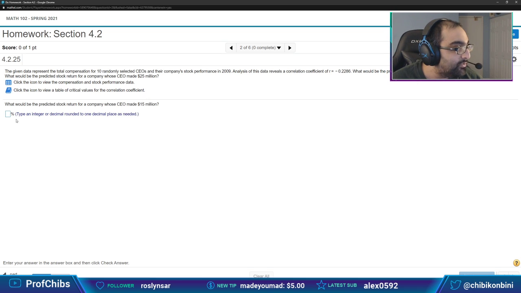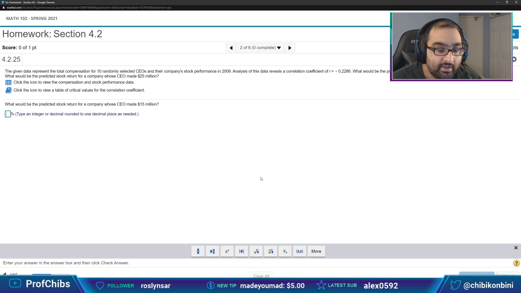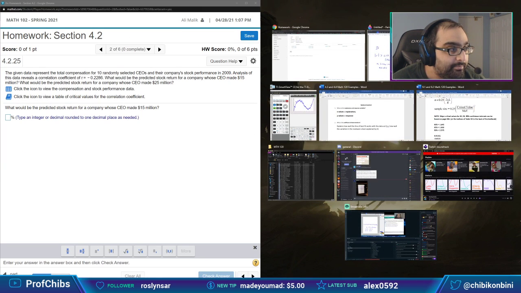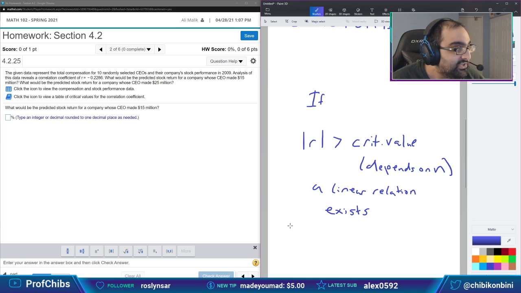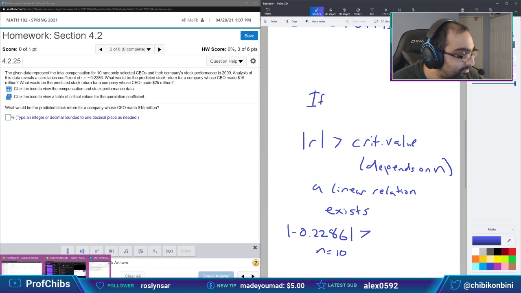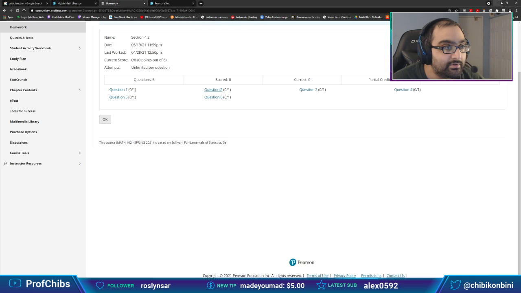And you're probably saying, well, where did they come up with the other number here? Well, let me show off this particular problem for you. In this case, they first compared the absolute value of R. So we say, is the absolute value of 0.2286 bigger than the critical value? Now, the critical value here with n being equal to 10, if we go back to our table...